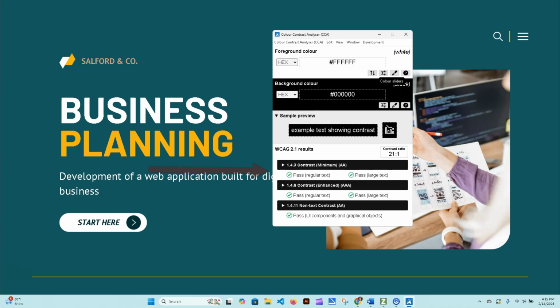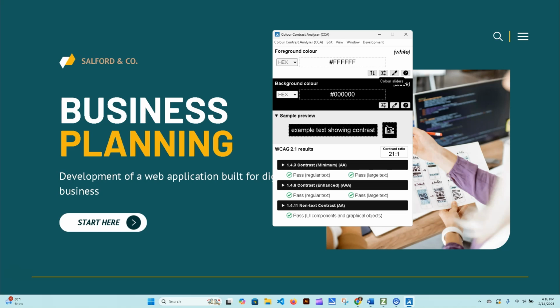And it will tell you right here if you pass with regular text and if you pass for large text. Now remember, the ratio to pass large text is the same ratio to pass normal bold text. So even though that normal bold text is not listed here, if you're passing the large text, you're going to pass it if it's bold and normal text. And then right below that, the color enhanced level AAA. And it will tell you the same thing whether you have passed regular text or large text.